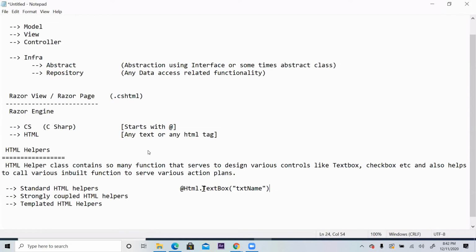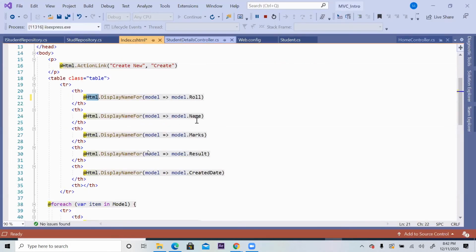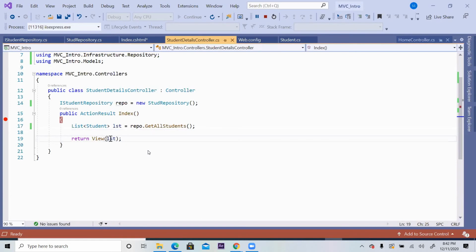So TextBox is a standard HTML helper function, which is used for designing a small text box independent of anything. We cannot say which model property is connected with this text box. If I have model data, I want to pass it and display it like we did here. Have a look. I'm passing a list, right? List of student.